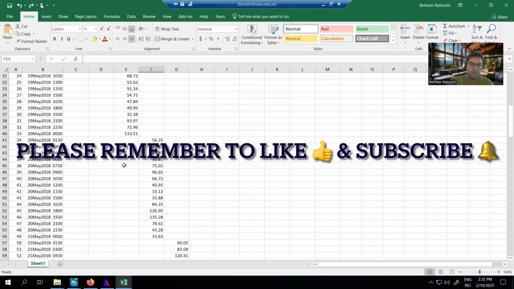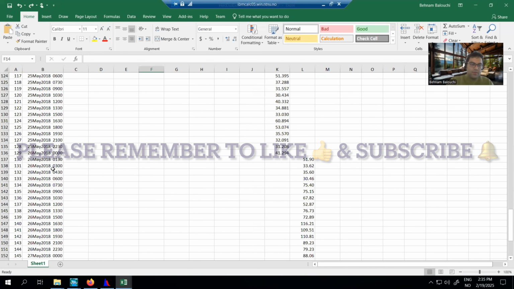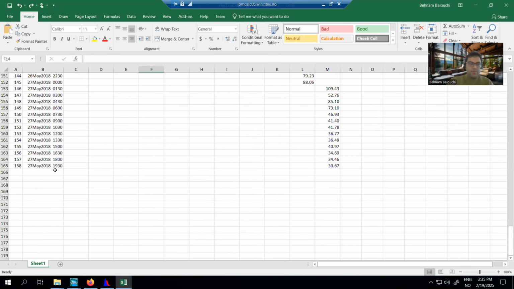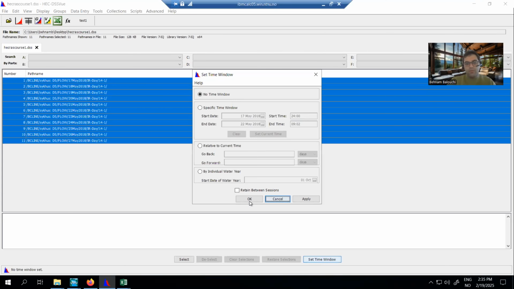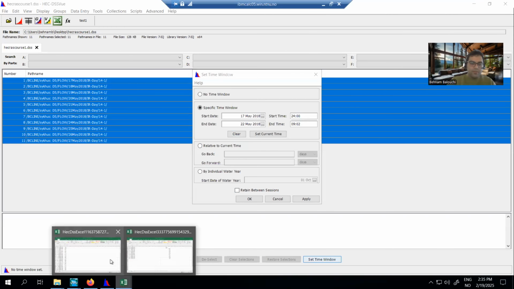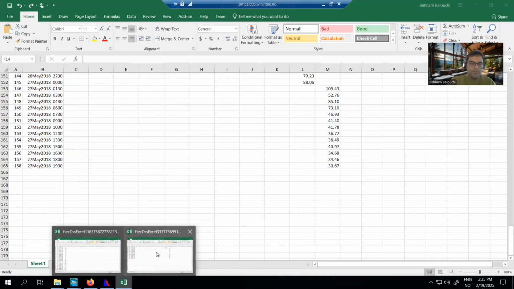So we can see that from 17 or 18 till 27th of May we have data. So to solve this issue, or if you don't want it, just come here from the specific time window, set time window, then a specific time window from 17th of May to 24 hours, and then it is till 27th